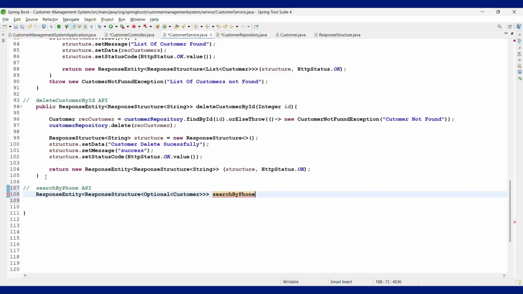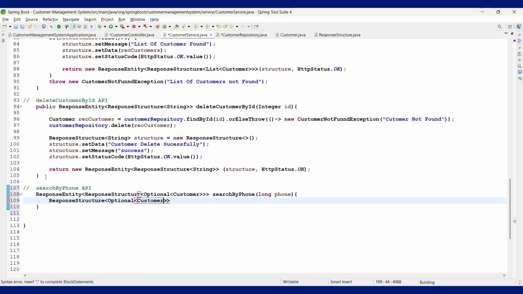Okay, and here a long phone. Inside of this, we need a response structure: Optional, Customer, structure is equal to new ResponseStructure, with a semicolon. After this,